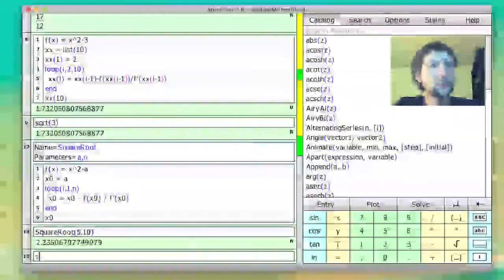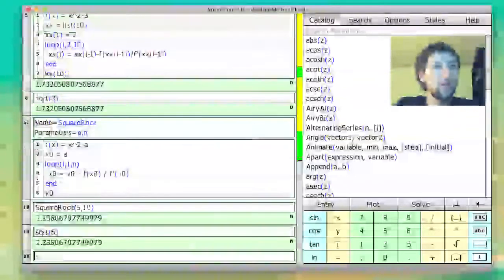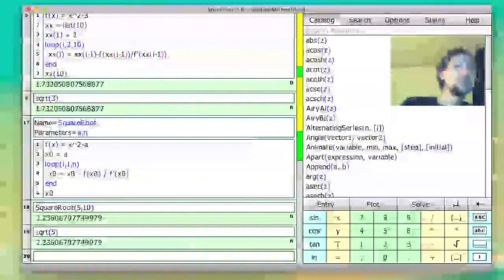Okay, it gives us an answer. Let's compare that with square root of 5. Oh, and there we go. Okay, so they match, which is good news. So one slight variation of this that I want to introduce, which can be really nice, is, okay, well, how